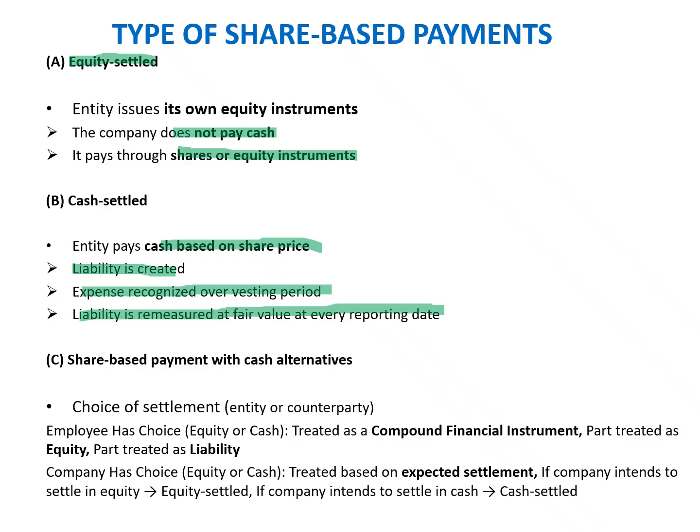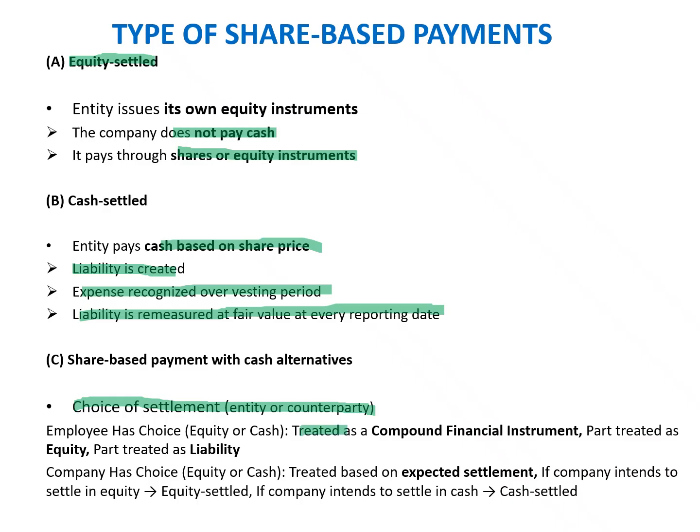Third is share-based payment with cash alternatives. So basically, it is a situation wherein a choice has been given. Either the employee has the choice or the employer has the choice. Instead of being settled in equity, it can be settled in cash. So the choice of settlement is there, either to the entity or to the counterparty, which is the employee or the vendor. So if the employee has a choice to get equity or cash,